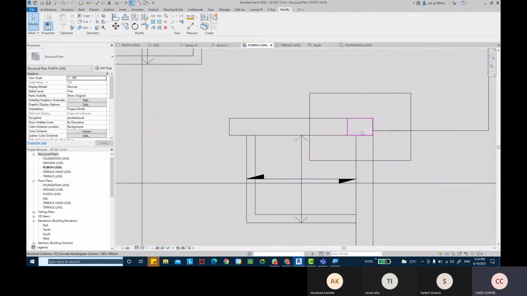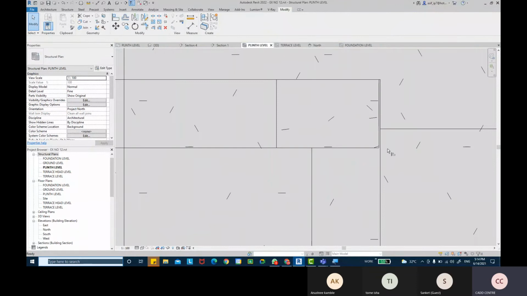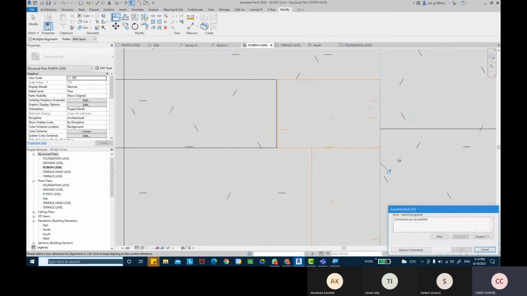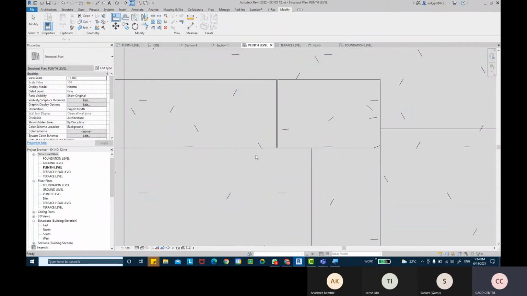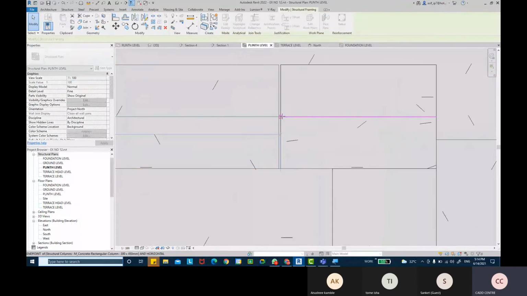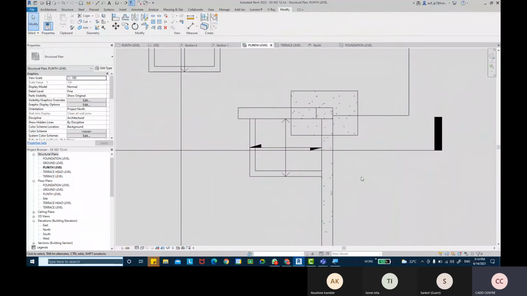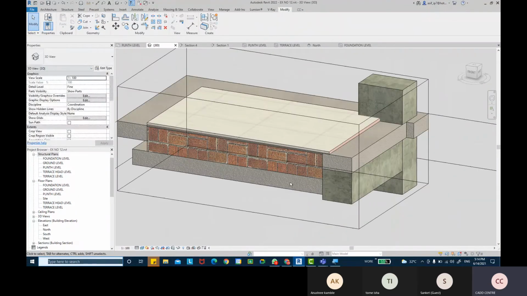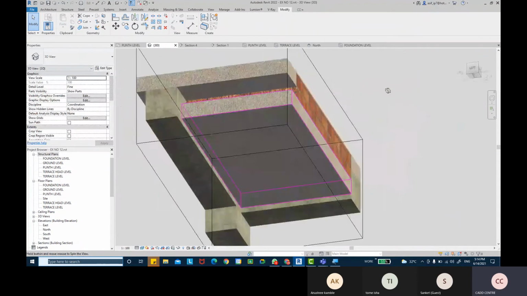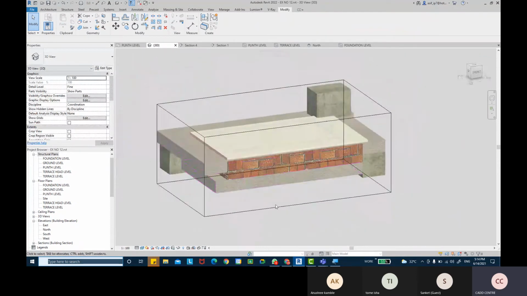Just have to keep on aligning these elements. It's not aligned.